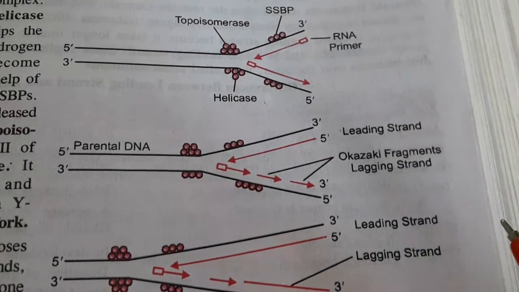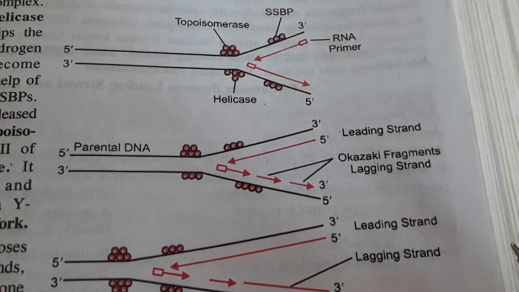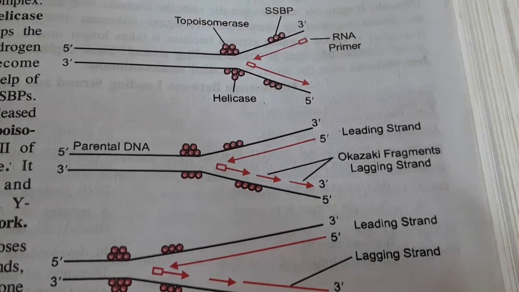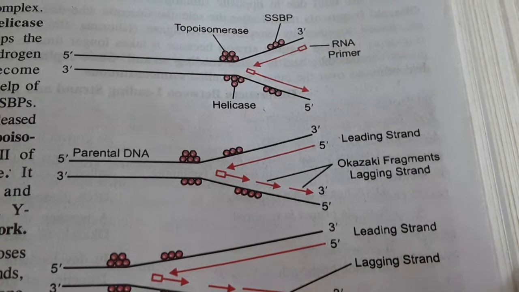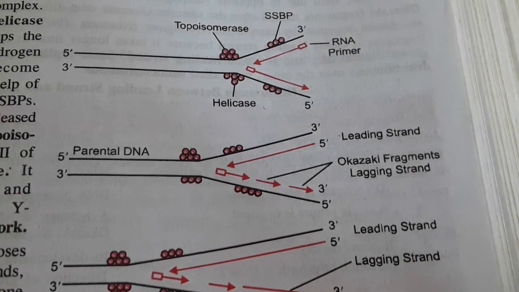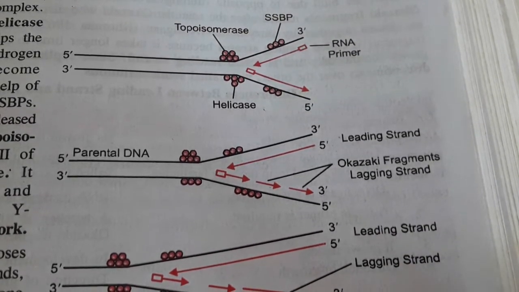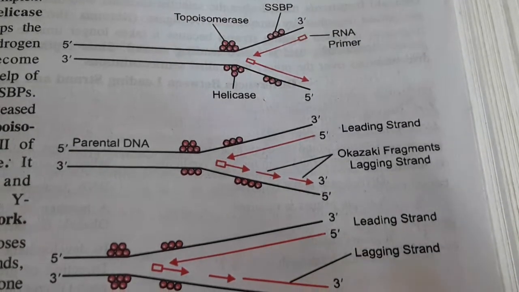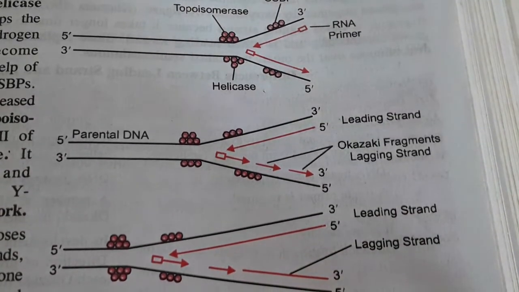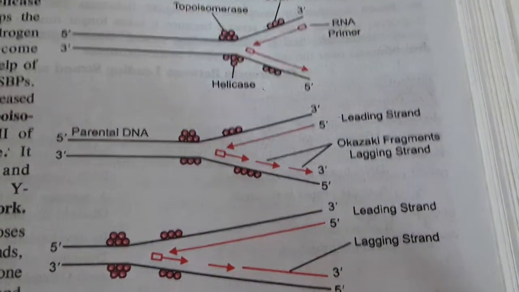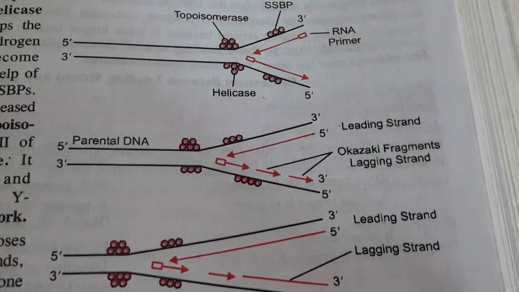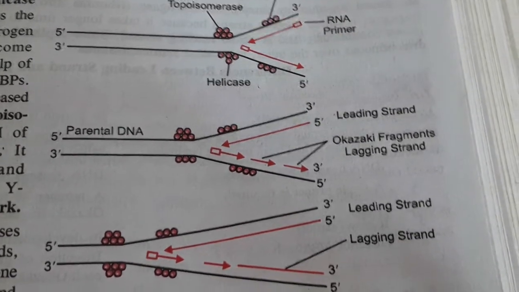Now next is the formation of the RNA primer. For DNA synthesis, a DNA dependent RNA polymerase or primase is necessary for the RNA primer to be synthesized. This primer is necessary for the synthesis of the DNA strand. It actually functions as the 5' end of a new strand of DNA.